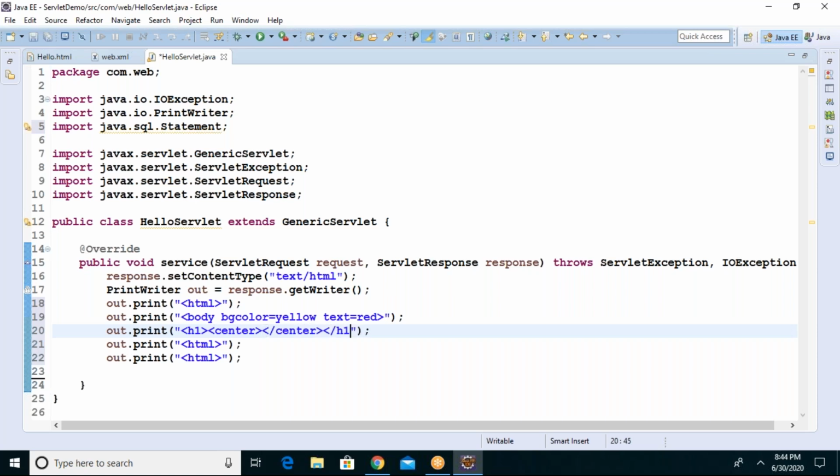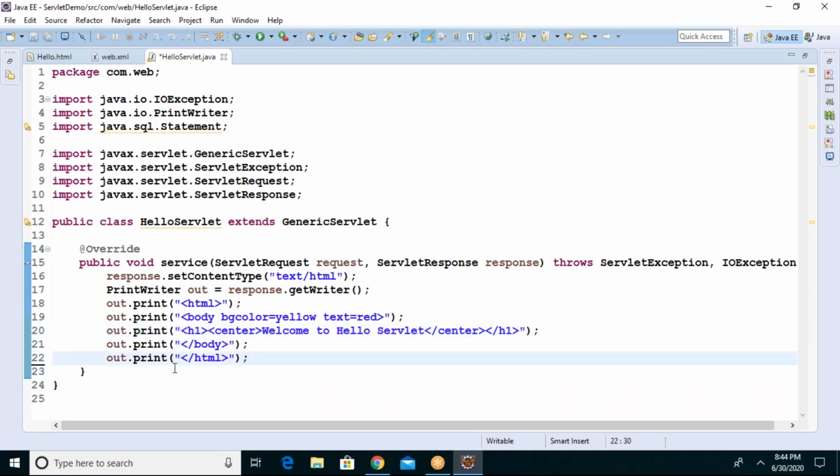Heading level 1 means it is a type of font, a size of the font. Hello servlet, or welcome to hello servlet. Then close the body, close the HTML. Guys, my output page is ready.